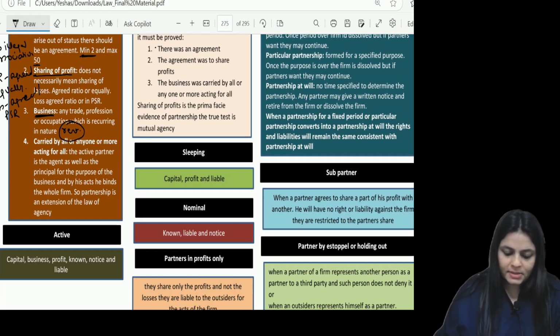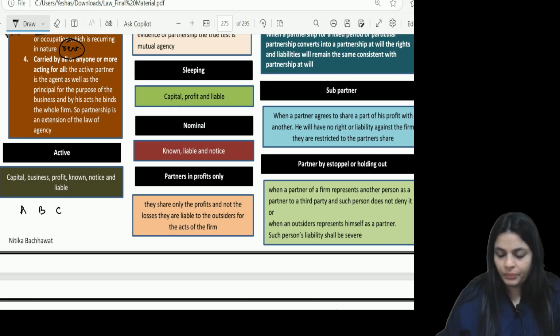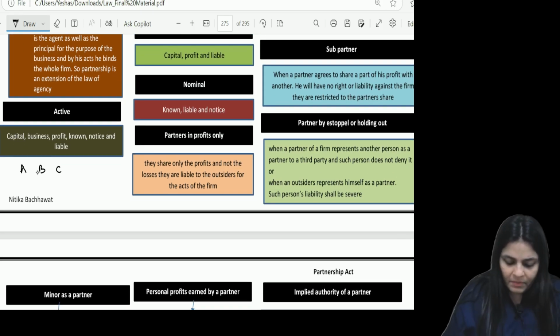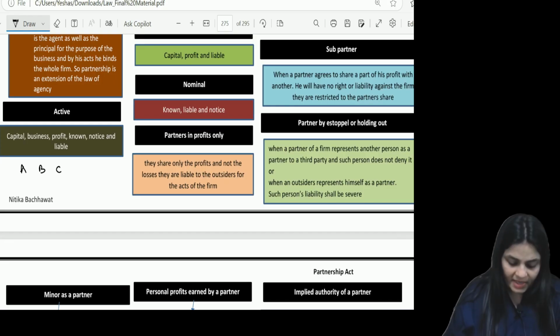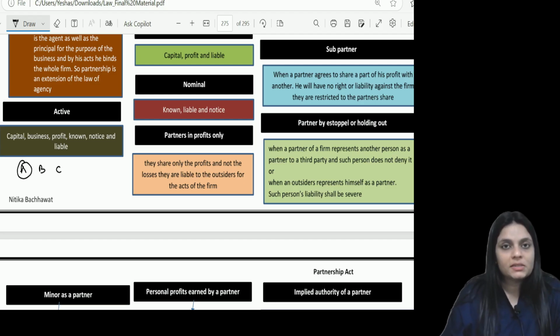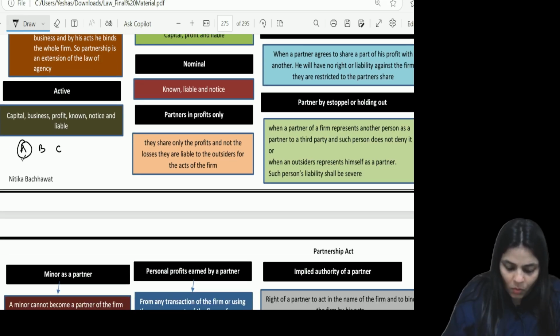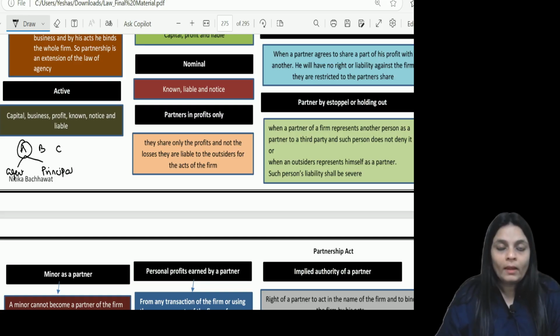So, let us say A, B, C are partners of the firm. All the three A, B, C have a right to carry on the business, correct? But can A, B, or B, C, or A, C alone carry on the business, leaving one of them? Yes. Can A alone carry on? Yes, A can even alone carry on the business. Now, when A carries on the business, he acquires a twofold character, as in he is both the agent as well as the principal of the other partners, right?